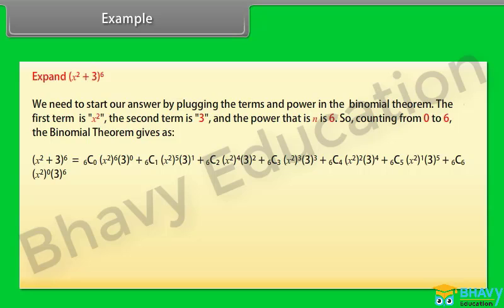^5 × 3^1 plus 6C2 × (x²)^4 × 3^2 plus 6C3 × (x²)^3 × 3^3 plus 6C4 × (x²)^2 × 3^4 plus 6C5 × (x²)^1 × 3^5 plus 6C6 × (x²)^0 × 3^6. After simplification, we get